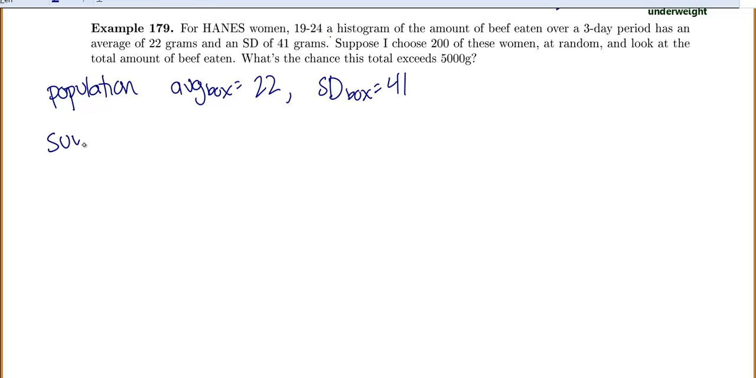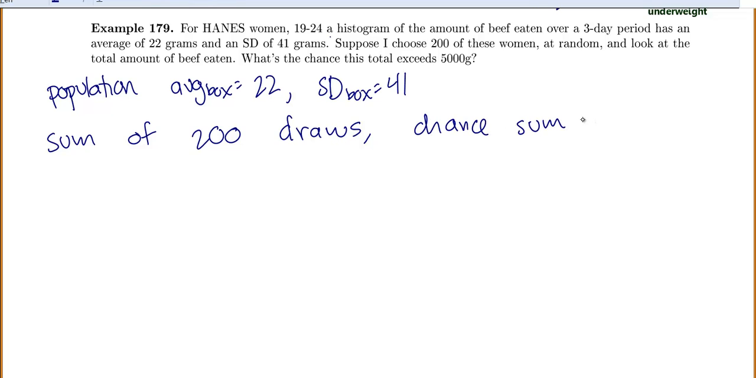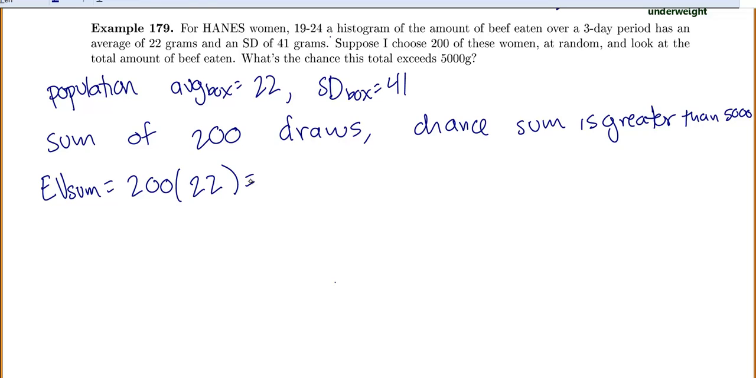Okay, so we're interested in the sum of 200 draws, and we're looking for the chance that the sum is greater than 5,000. Now 200 draws is a lot, so we can use the normal curve. First we need to find the expected value and standard error for the sum. So expected value of the sum is the number of draws, 200, times our average of 22, which gives me